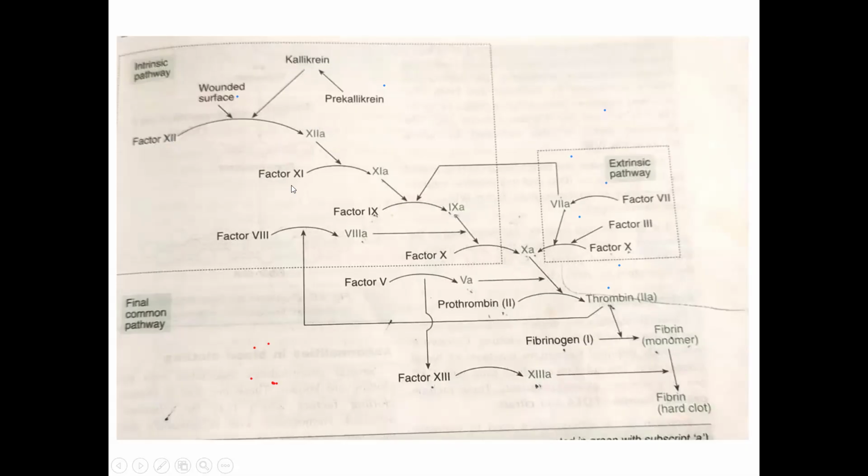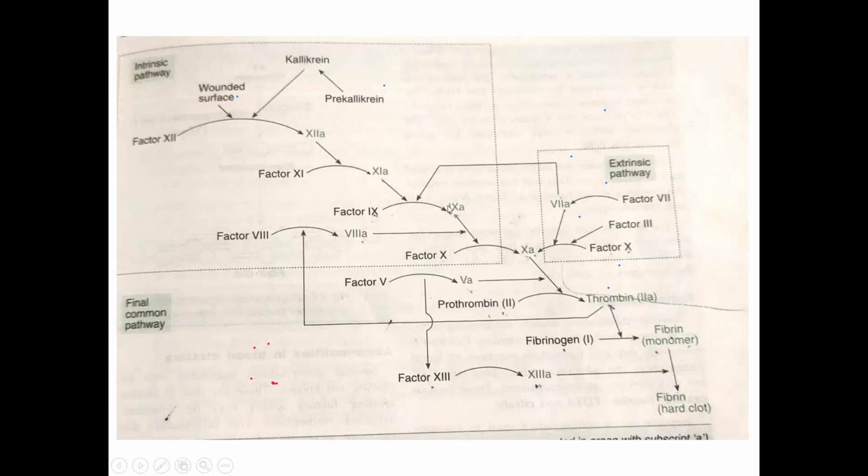With the help of this activated Hageman factor, factor 11, PTA, plasma thromboplastin antecedent, becomes activated as 11A. And this Christmas factor, HFB, with the help of 11A, PTA, activated 11th factor,